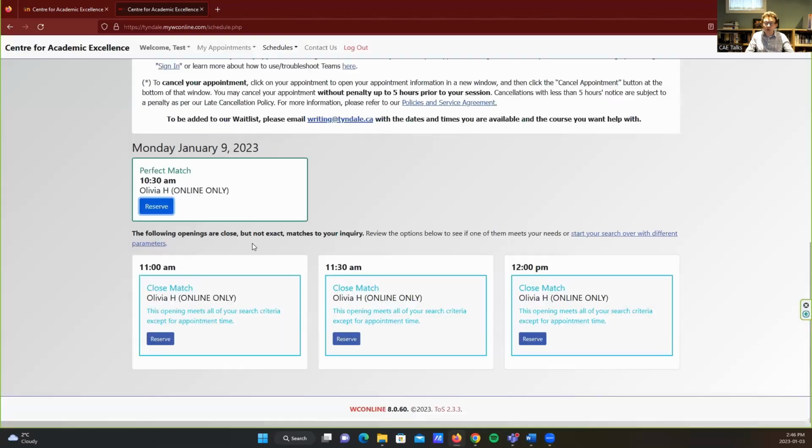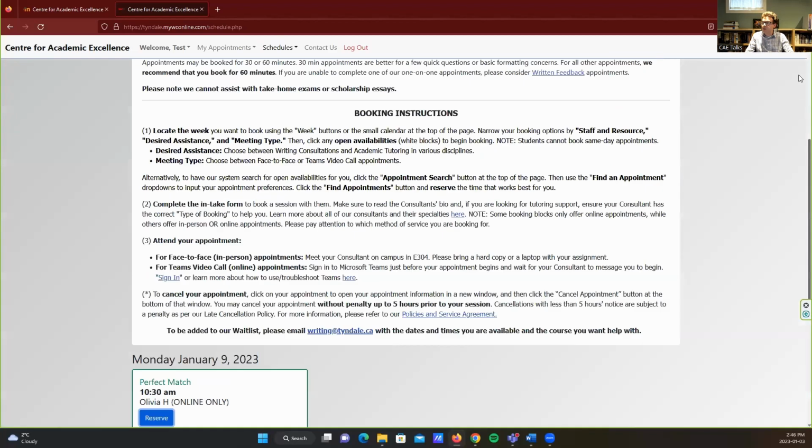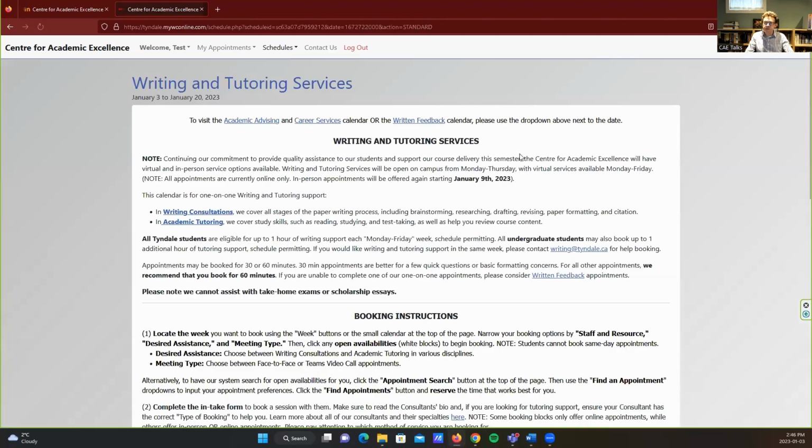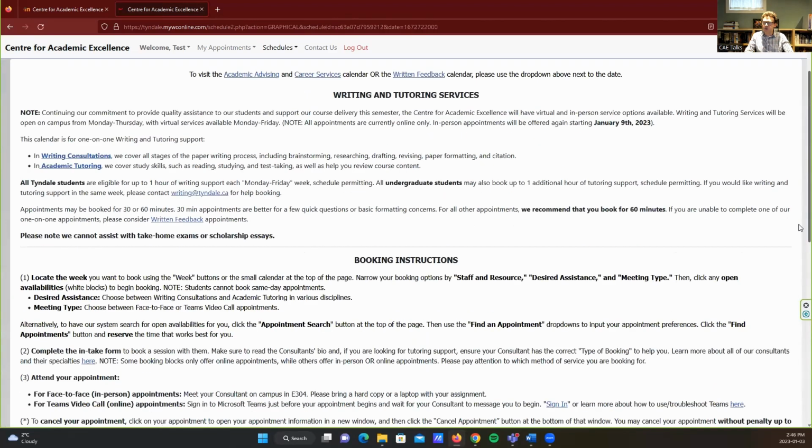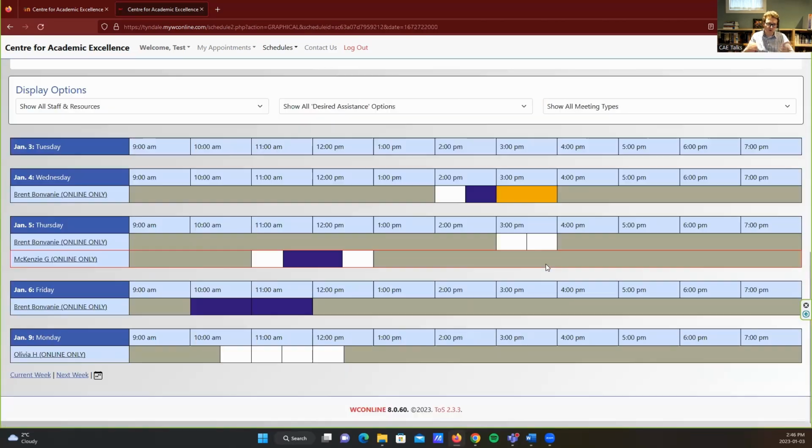Now, if none of these options work for you or none of them even show up, you can always go back to the top of the page, hit Start Over, and then you can go ahead and re-input data with a new date and a new time or new parameters that will make sure that you can find an appointment that works for you. And if at any point you think, you know what, I'd rather just pick the time for myself back on the calendar, right here underneath the drop downs, you have a View the Calendar display link. Go ahead and click that, and it will take you back to the calendar booking options.